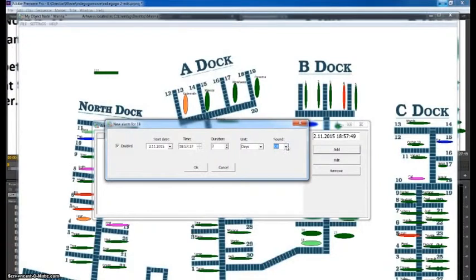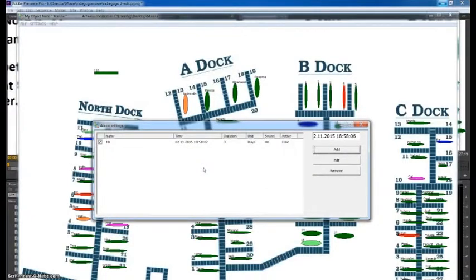I will show you now one alarm which will go on in some seconds. Let's see. Okay,